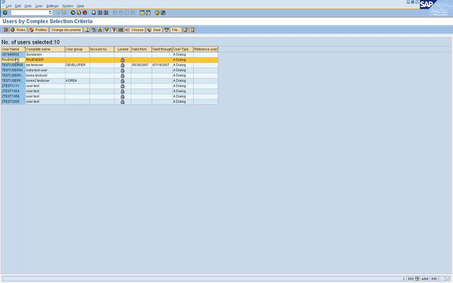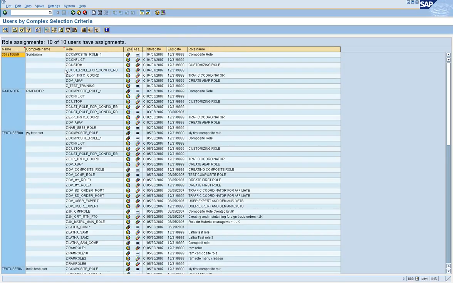So if you select the user ID now, from here for example, and click on roles, it will tell you what all roles are assigned to each user. It's not only one particular role, you can get everything, whatever is assigned to the user IDs. Those 10 user IDs, for example, in this example, and the validity dates also, and the description of the role. Followed?